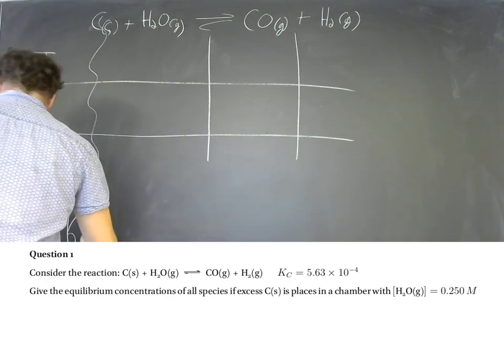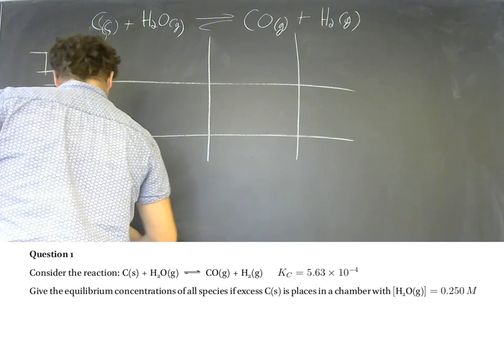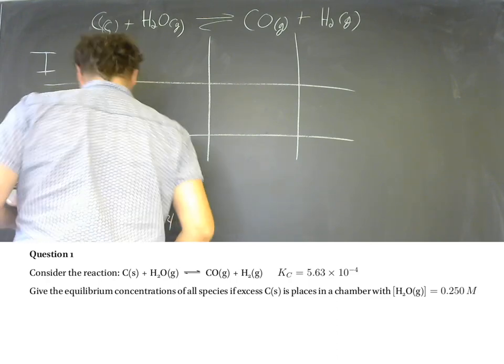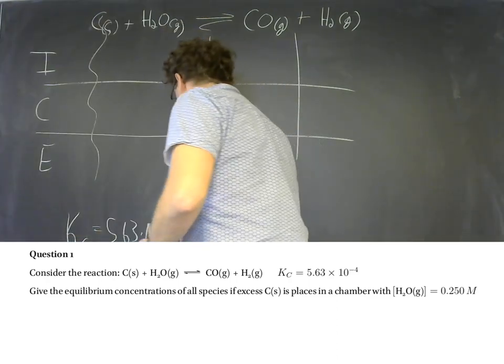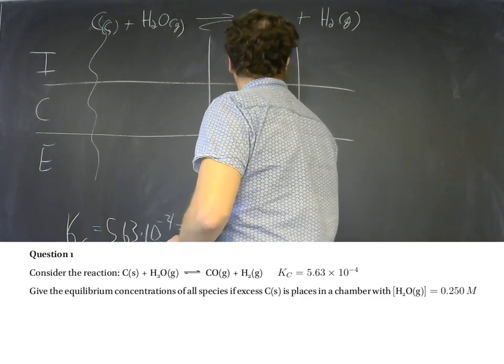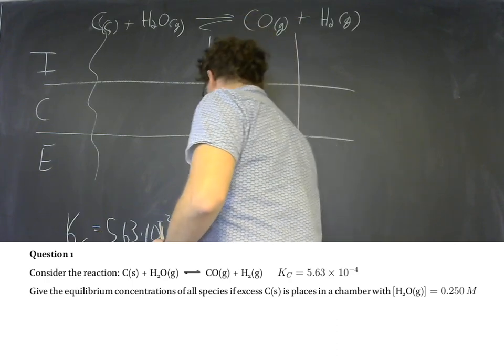And Kc, as you see down there, is given as 5.63 times 10 to the negative fourth. And that is going to equal concentration of carbon monoxide, concentration of H2 over the concentration of